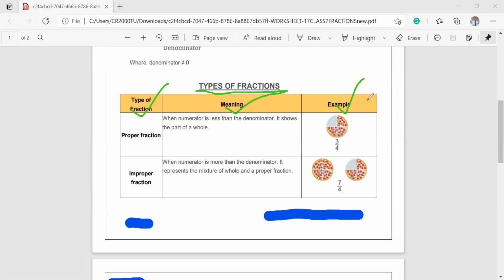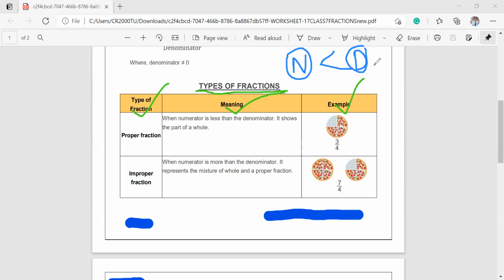So let's start with the first type of fraction, which is known as the proper fraction. In the proper fraction, when a numerator is less than a denominator, it shows a part of a whole. Now, I won't just read it because you don't understand while reading. Let me explain with an example. When a numerator is less than a denominator, what does this sentence mean? For example, let the numerator be presented as n and the denominator as d. So when the numerator is less than the denominator, and the denominator is bigger than the numerator,